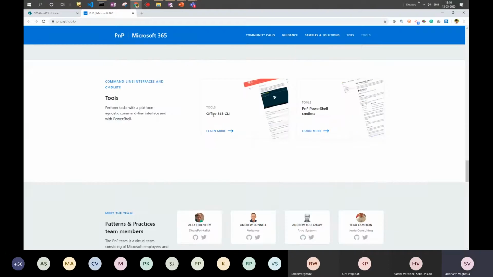And then there are some tools like Office 365 CLI and PNP PowerShell cmdlets. These are extensions to the out of the box PowerShell commands. There are some advanced commands available here, which we can use to manage our Office 365 tenant, or to get data from SharePoint, or to create PowerShell scripts. So it is really good information if you bookmark this page. If you are developing some solution or learning, this is kind of a one-stop shop where you have all the links, or all the initiatives which are running under PNP, at a single place.